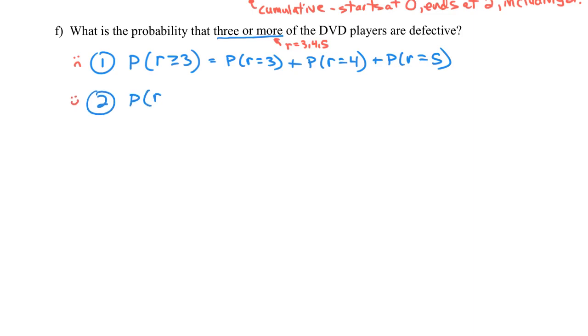So if we wanted to find the probability that R is greater than or equal to 3, well, couldn't we instead just find the probability that R is less than or equal to 2 and subtract that from 1? In other words, could we just say, let's do this instead. This is called the complement rule,